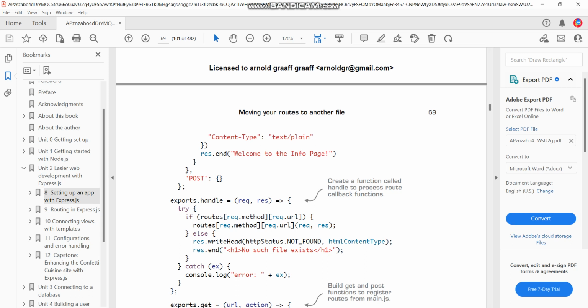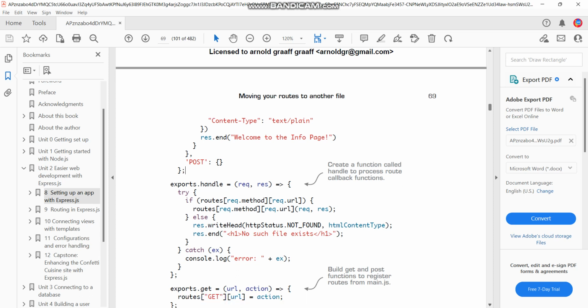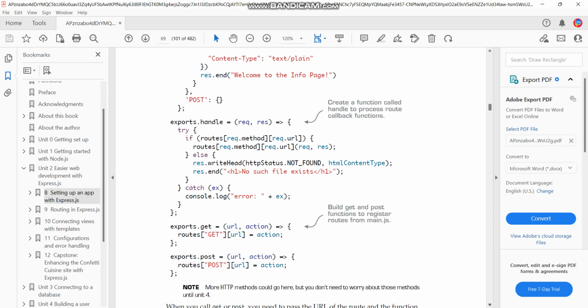So here the action is going to be the callback function basically. So it will get the URL, which is basically, I'll just say the request, maybe I'm wrong, and then if it picks it up, it will do the callback function. So if it doesn't find it, it will